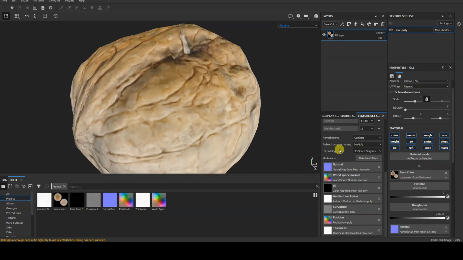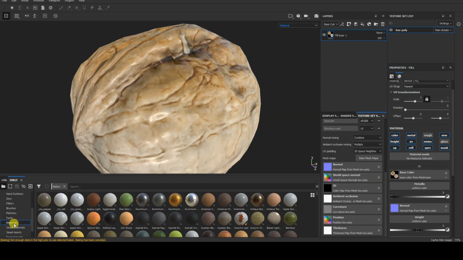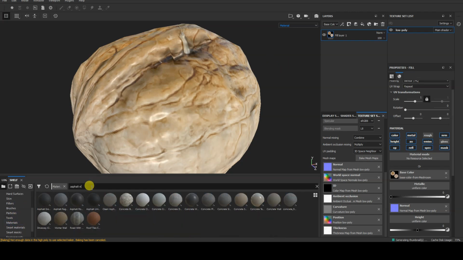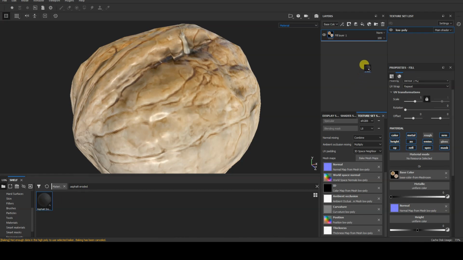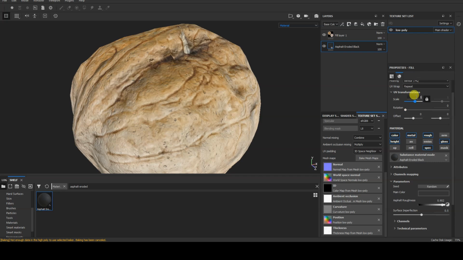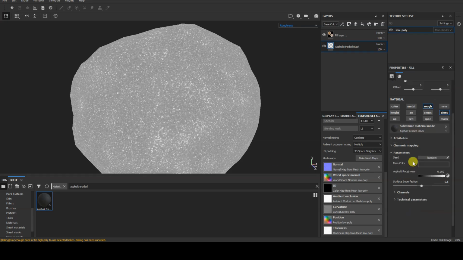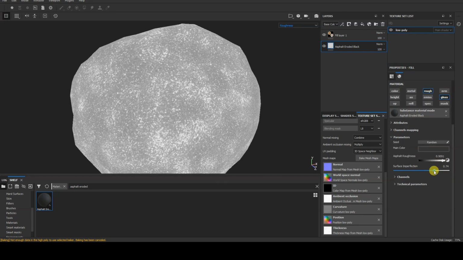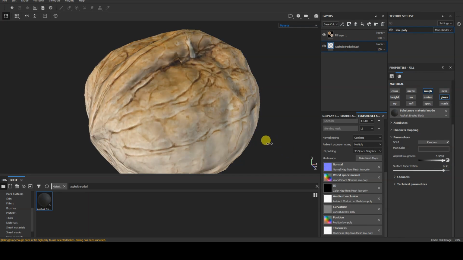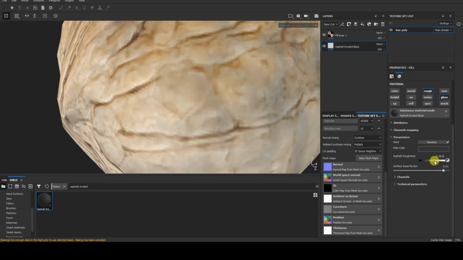I then disable the roughness and glossiness channels of the fill layer and add a naturally irregular and grainy material, such as asphalt eroded black, increasing its scale value while ensuring that only the roughness and glossiness channels of this material remain active. Of course, this is a purely personal choice. I chose this material because it allows me to adjust both the average roughness value and the amount of imperfections, enabling me to achieve a grainy texture with a selected average roughness value while maintaining some variation in its appearance.